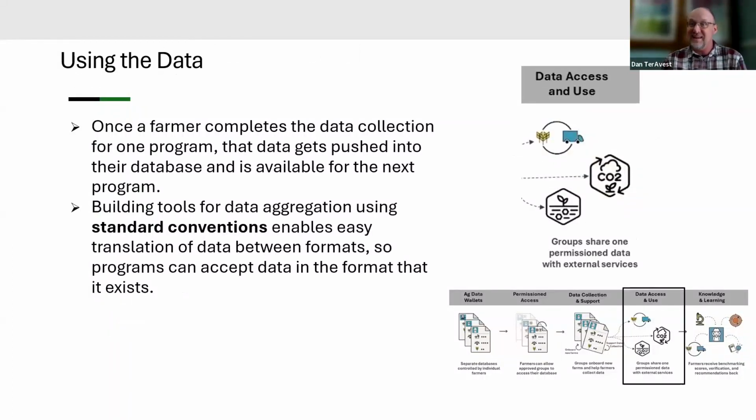So if we get to that stage where a farmer has his own database and the data has been entered, how then can this system support people to use that data? Right. And we've been doing a lot of work, and by we, I mean this larger ecosystem again, in building out standard conventions. And I don't want to bore people with talking about data formats, but if you can imagine,